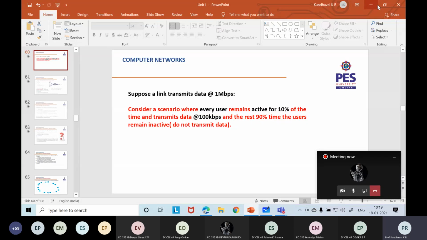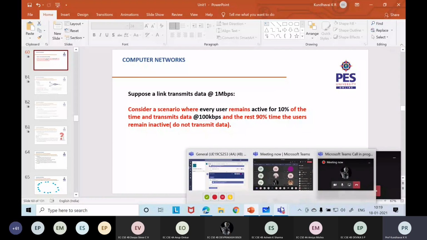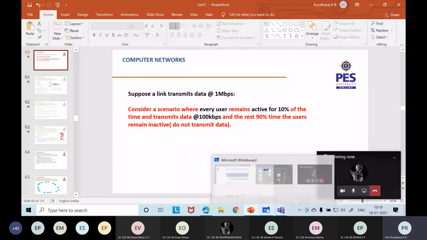So what is going to happen in case of circuit switch networks and also in case of packet switch networks? We have seen in the past two classes what a circuit switch network is and what a packet switch network is. So we are going to arrive at certain declarations with respect to this scenario in circuit and packet switch networks. Hope everyone copied this. So I'm moving on to